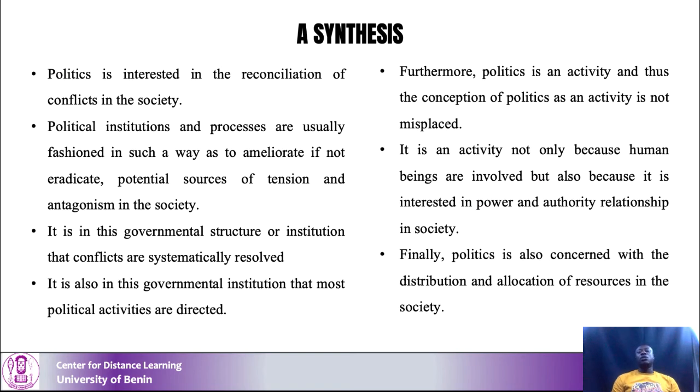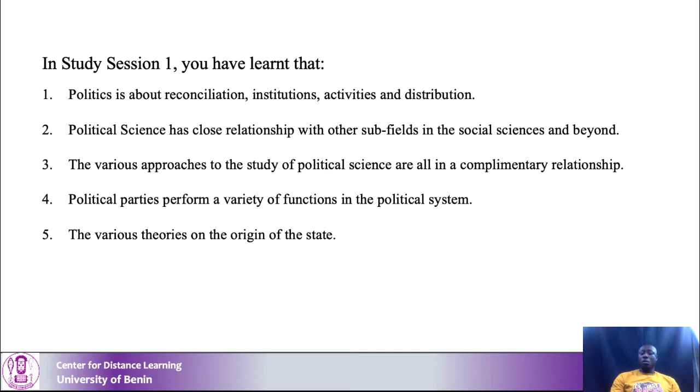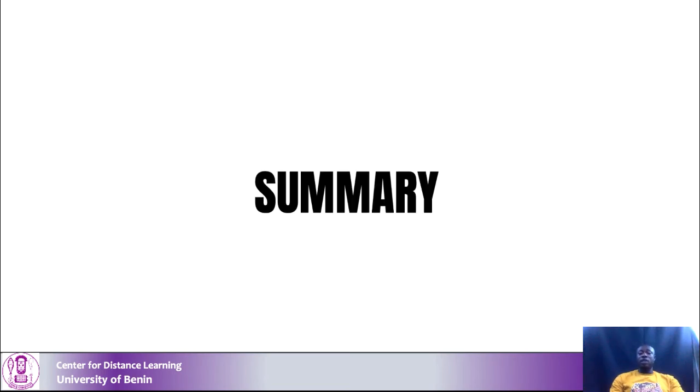Finally, politics is also concerned with the distribution and allocation of resources for the society. Of course, this final definition is put forward by David Easton, who says that politics concerns itself with the distribution and allocation of scarce resources for societal benefit or societal development. But how this translates to how politics is actually played in developing countries like Nigeria seems still yet to be imagined. But the summary of all that we have discussed in this session